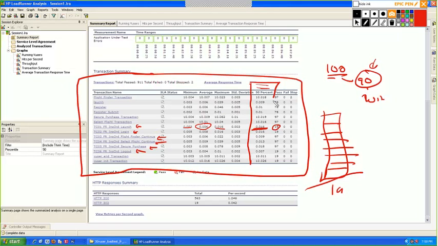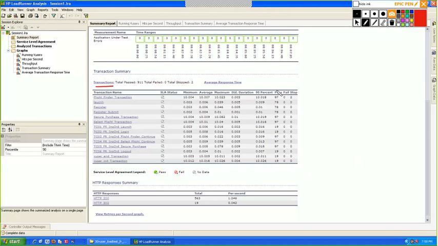So when you are reporting, you will report only these 4 columns: transaction name, 90 percentile, pass and fail. You will not talk about stop, standard deviation, maximum, minimum, average. Nothing else you are going to show. You are going to show only your transaction name, what is the 90 percentile, how many passed and how many failed. And then you will say overall how many requests you were able to pass. This is how you will prepare the report. Guys, are you able to understand this?